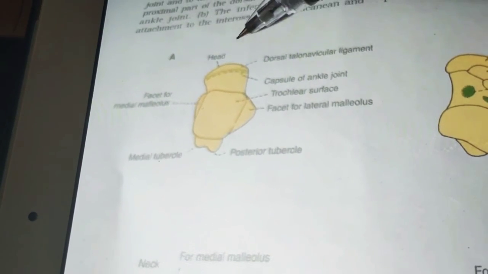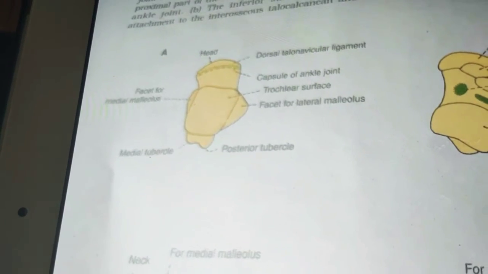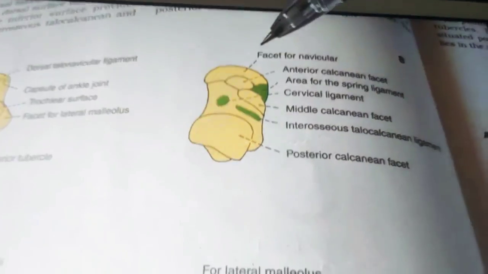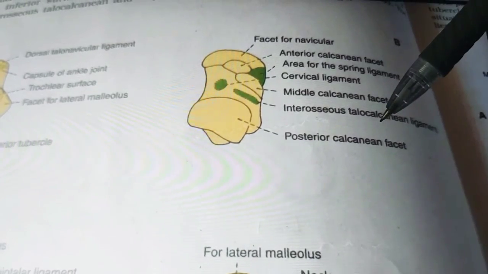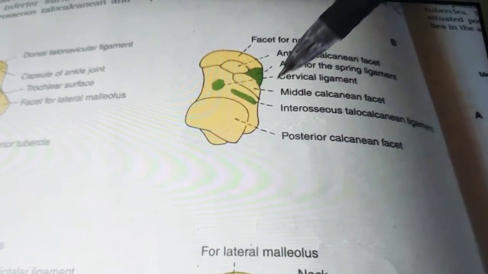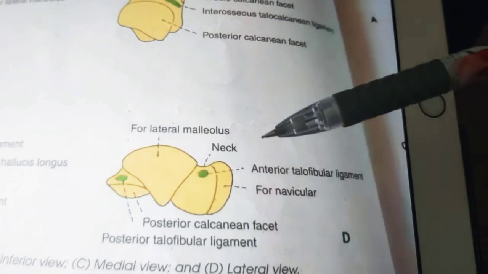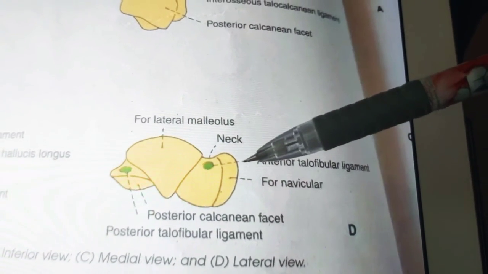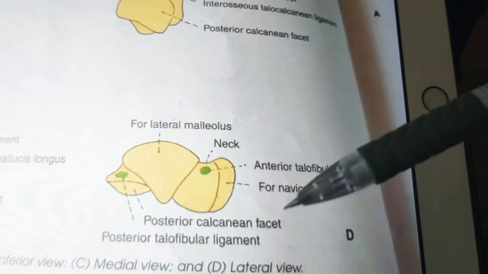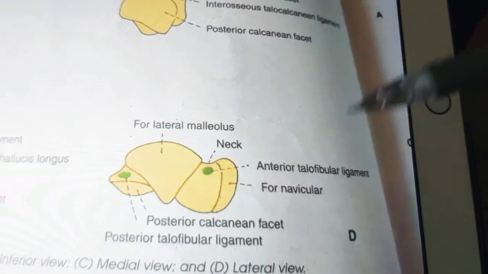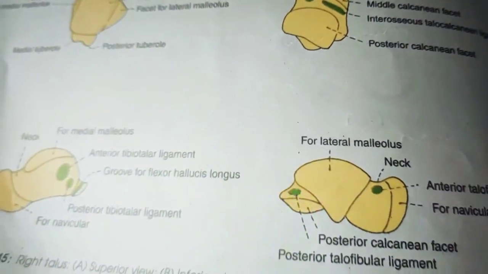So very easy, according to the side, according to the bone which is present over there, the name will be like that. So as here in the head in front you have the navicular, so the talonavicular ligament, and also the capsule of the ankle joint. Here on the inferior side you have the calcaneus, the interosseous talocalcaneal ligament, and also remember the cervical ligament extra. And also you have the anterior talofibular ligament on the lateral side because it should articulate with the fibula, and the fibula bone will be on that side. So talofibular ligament, that's it. So these are the ligaments on the neck.